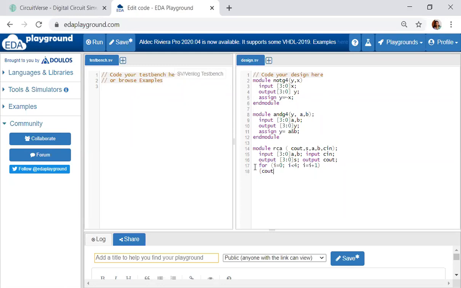Here my output is Cout comma S, it will be C of i plus 1 comma S of i, which will be equal to, let me take it as full adder of A of i plus B of i plus C of i.